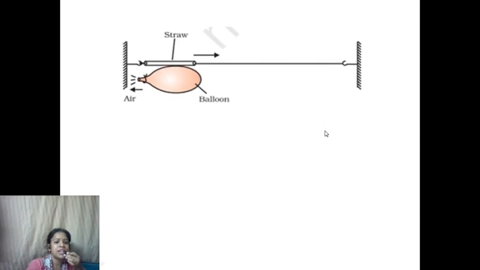Now if we take an example, here is a balloon which is pasted to a straw, and the straw is inserted in a thread which is kept tight and straight, connected to two hooks which are not moving. Now if you open this, there's a hole. If you loosen this side, air will come out. So if air comes out from this side, what will happen? Air will come out with some force, and so there will be an opposite force acting on the balloon, and that is the reason the balloon goes in the forward direction.